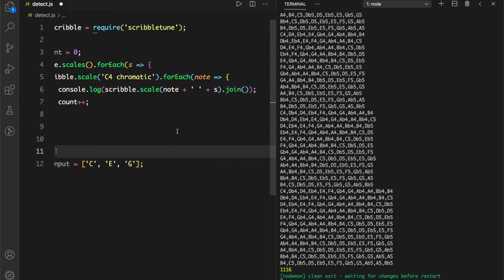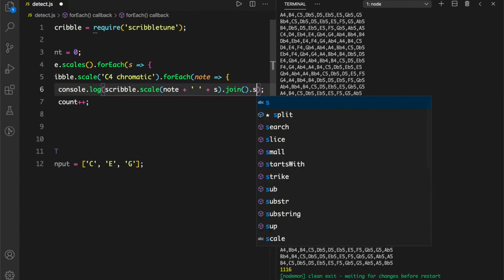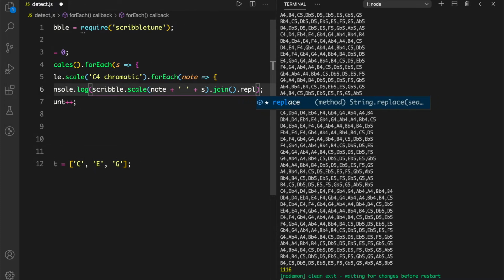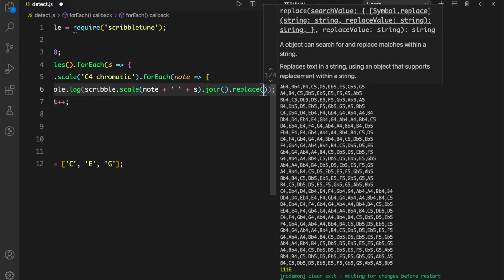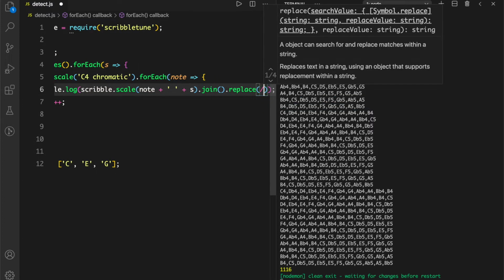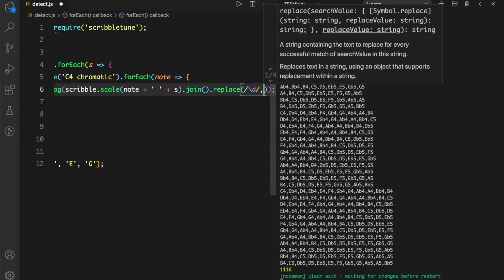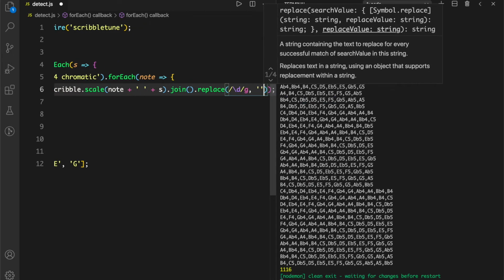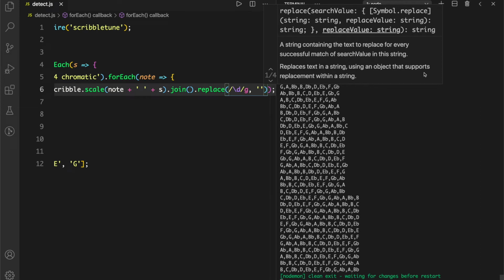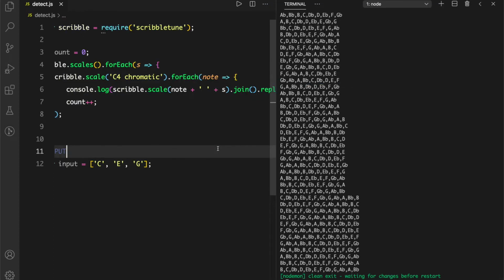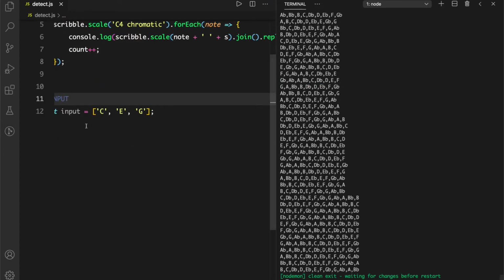So what we'll start with is, after joining, we'll also replace that string in such a way that it doesn't print the numbers, because we're not concerned about the numbers anymore. So we'll use a regular expression over here, with g for global, and just substitute with the empty string. So now we are left with comma separated values for each of the scales. Now my idea was, since this will always be in ascending order, we could make a string out of this,